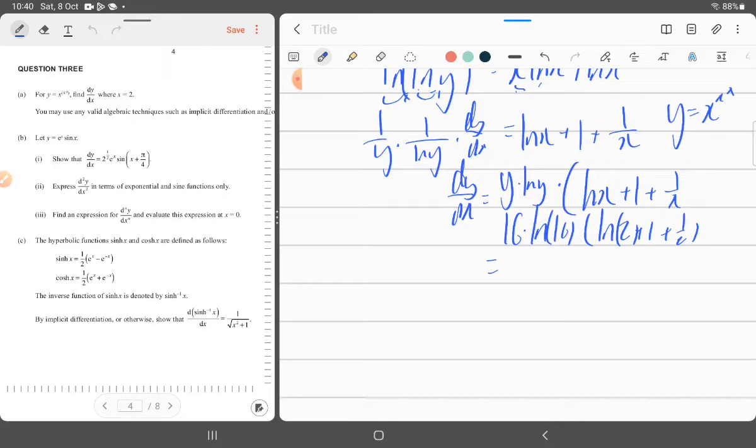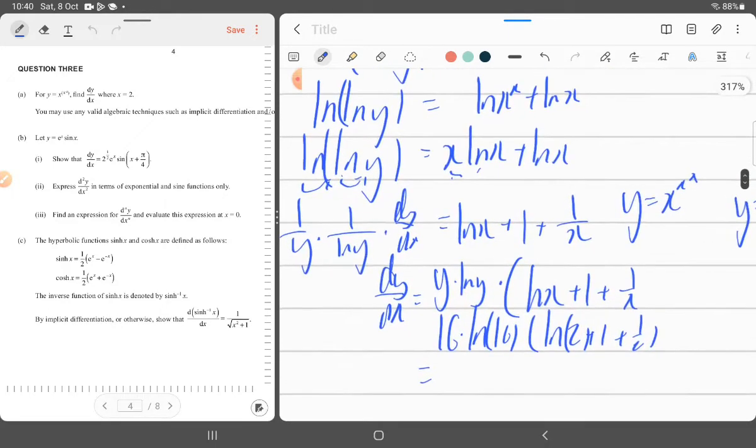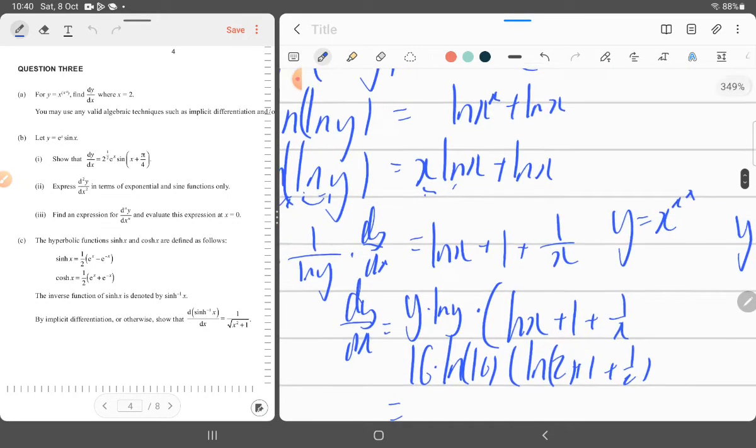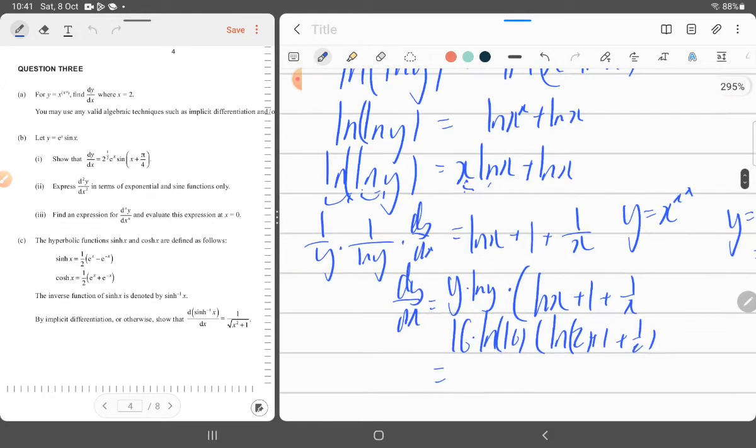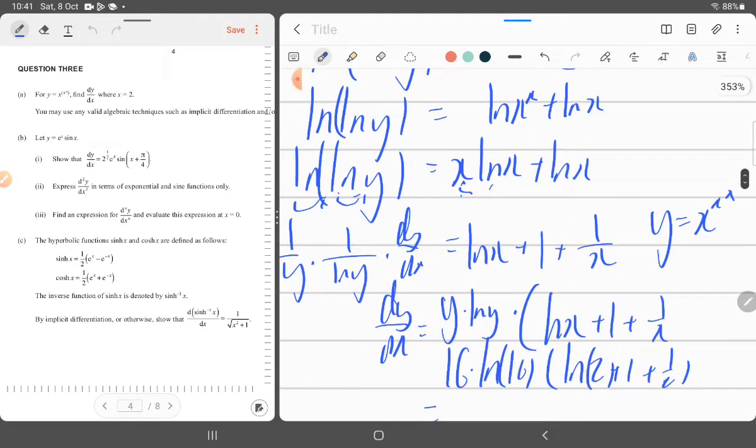Is that correct? I don't think that's correct. It doesn't seem right, it doesn't sit right with me. If f dash g, which is 1 times natural log of x, and g dash f, so that should just stick to 1, then plus 1 over x, natural log of y, so 1 over